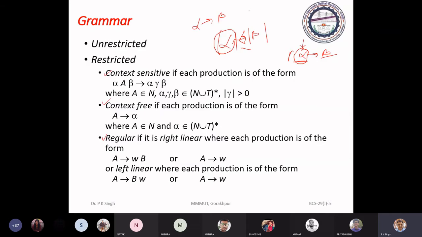So in that case it is context sensitive, and here in the case of context free, this alpha is restricted to be a non-terminal.